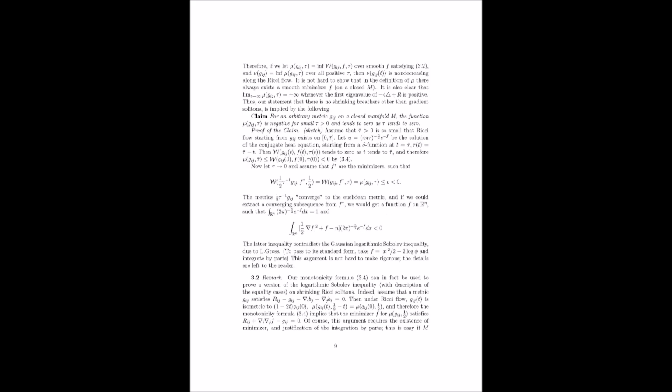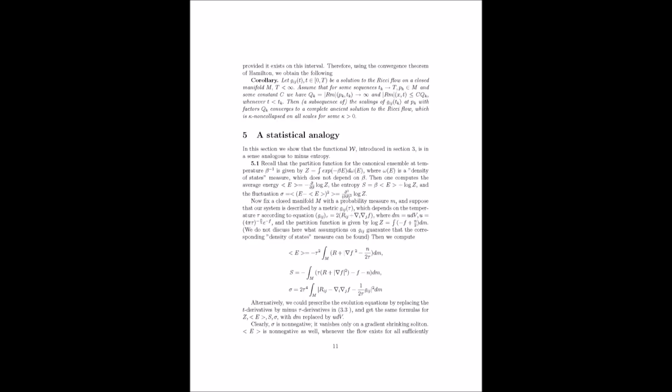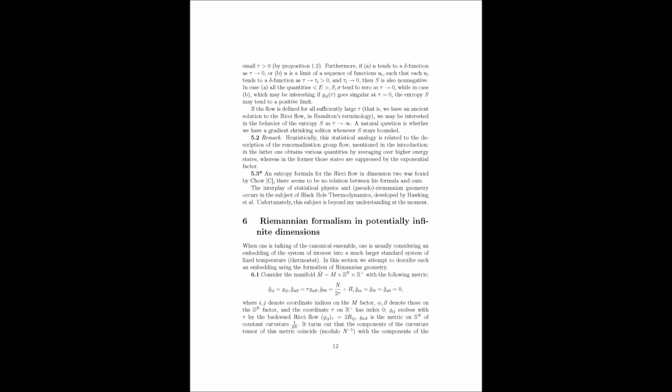Good. But does this relentless smoothing mean that a shape can just shrink down to nothing under the Ricci flow? That's a great question, and it leads us to another of Perelman's key results. The no local collapsing theorem. This theorem states that there's a limit to how much a shape can shrink in a small region, even as the overall geometry smooths out.